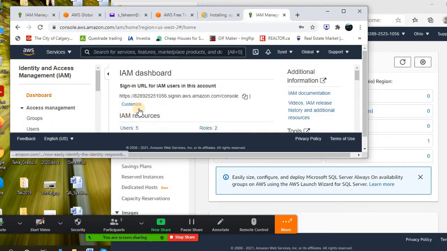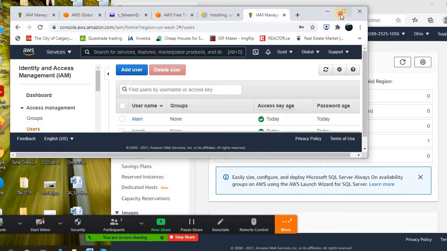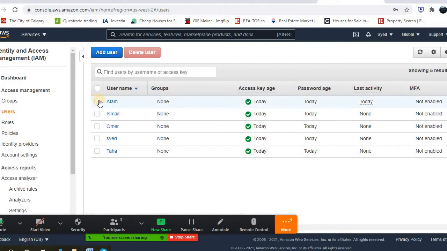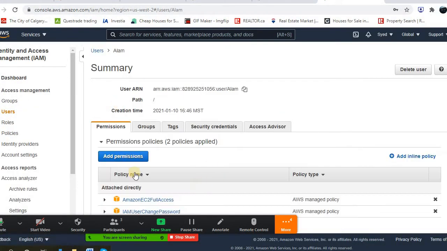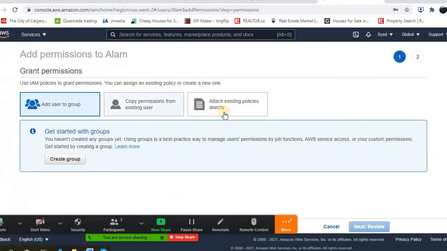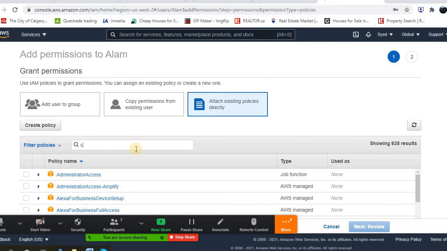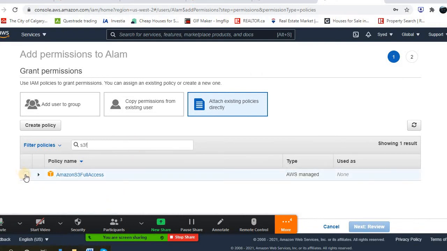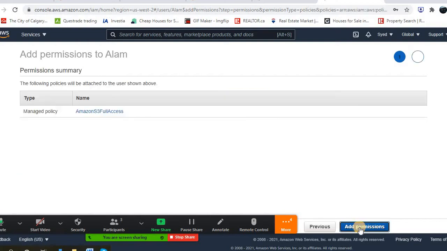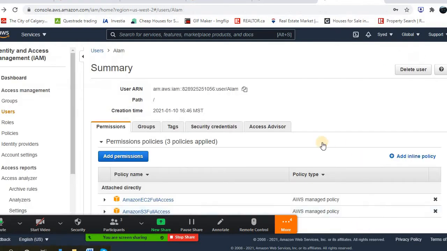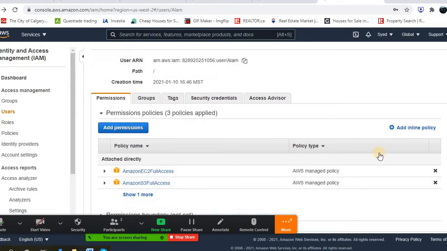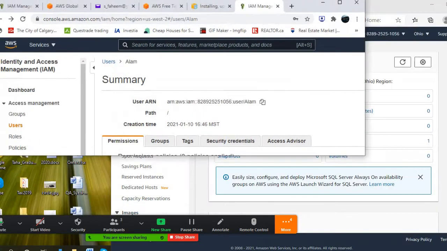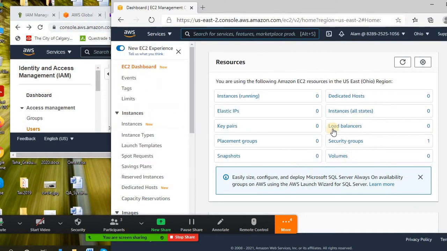I have a user here. I'm going to give him S3. It was showing deny, right? Add permission, existing. Come on, S3 full bucket. So Alam Bhai now has permission for S3. Before, it was showing access denied, right? Now it will show for Alam Bhai